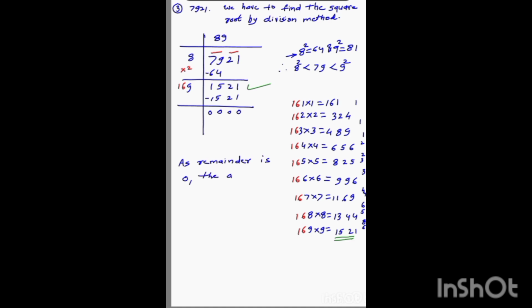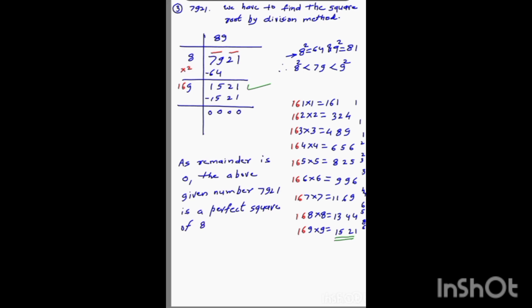Then the given number 7921. The original number 7921 is a perfect square, a perfect square of 89, or the square root of 7921. You can put the sentence in this way. We are trying to find the square root. So you can comment it like this: the square root of this number